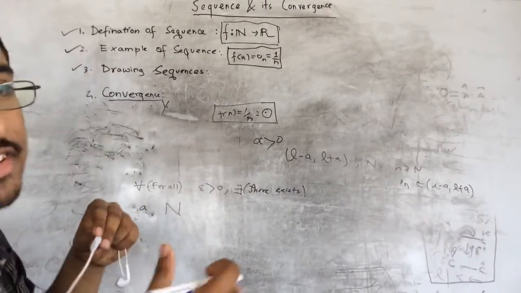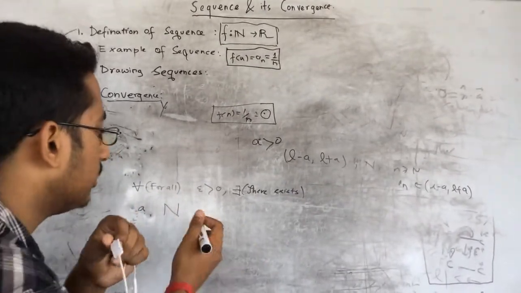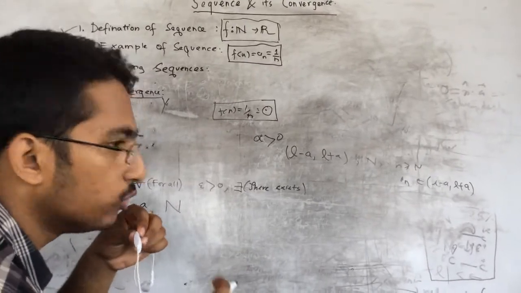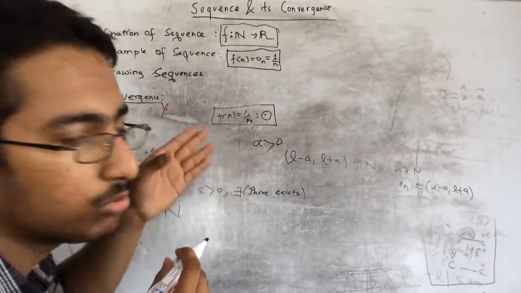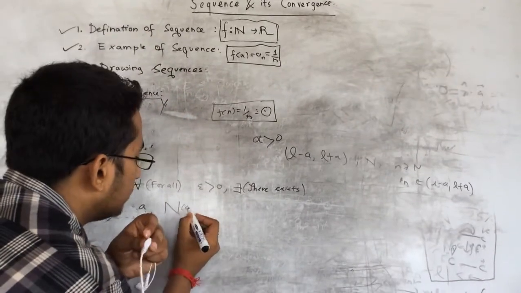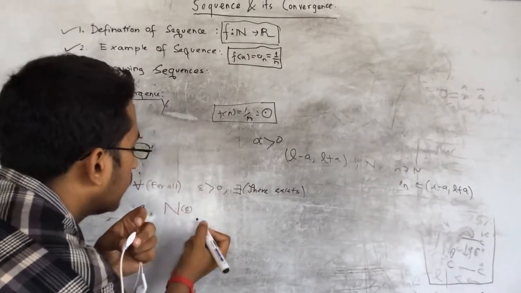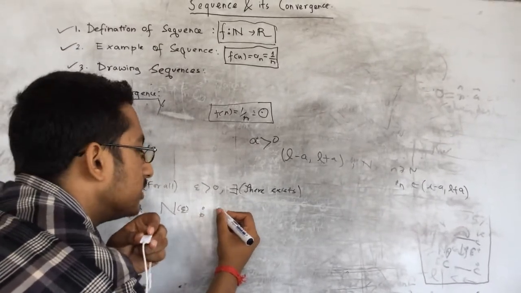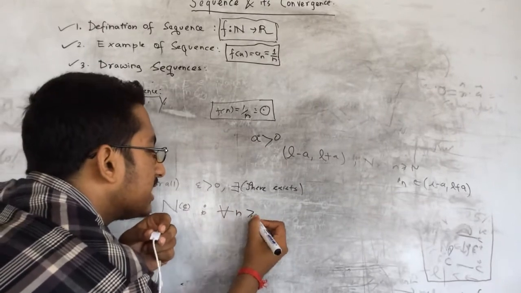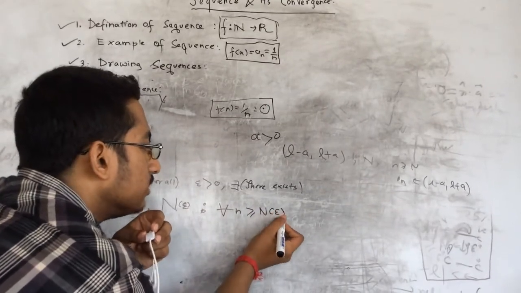Not every time, but it depends on epsilon. So we vary the epsilon, the n changes. It's a function of epsilon, n of epsilon, such that for all n greater than or equal to n of epsilon,